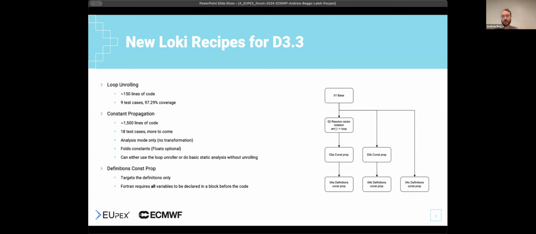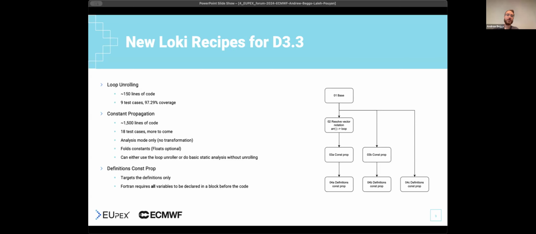And really the effort is not invested in writing the transformation as such. It's more on the testing. So there's 18 test cases at the minute, but that only covers, say, maybe about a third of what needs to be done. But of course, whenever you're doing this sort of automated optimization on these large code bases, testing really is extremely important. The amount of edge cases that you can do is just unbelievable. So you can't skimp on it.